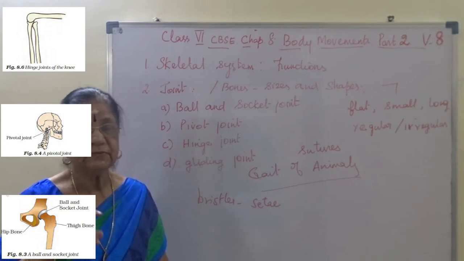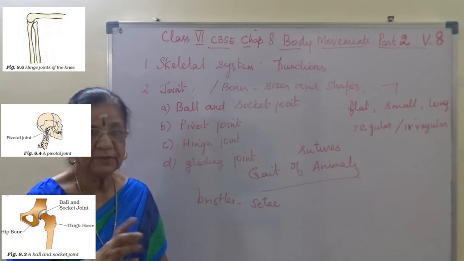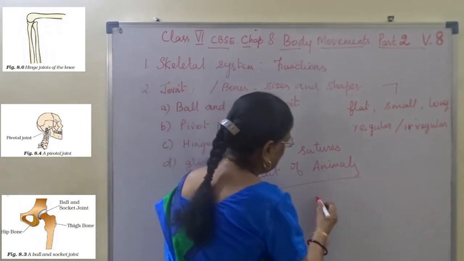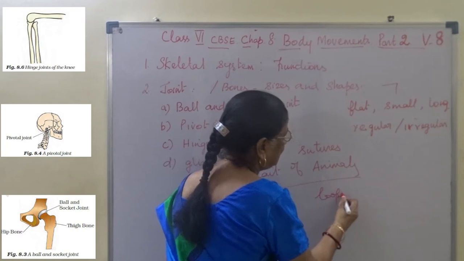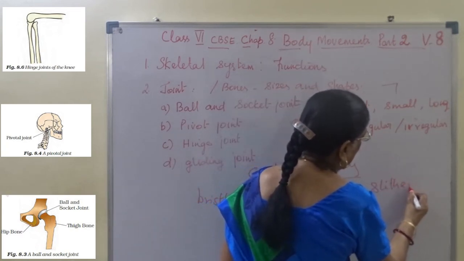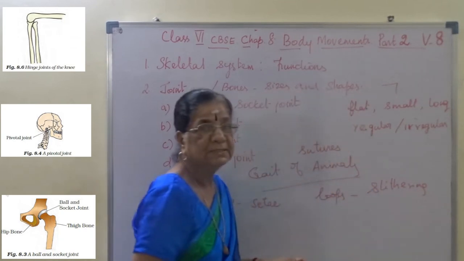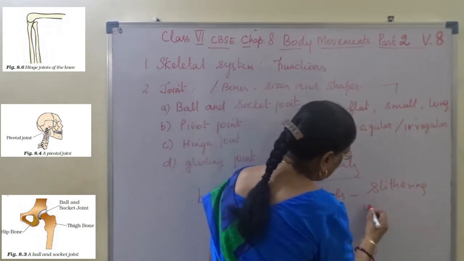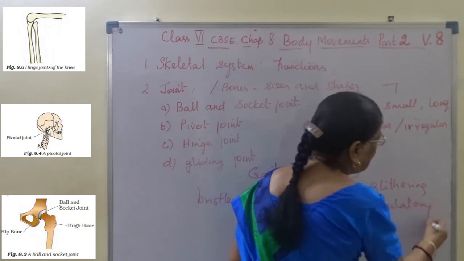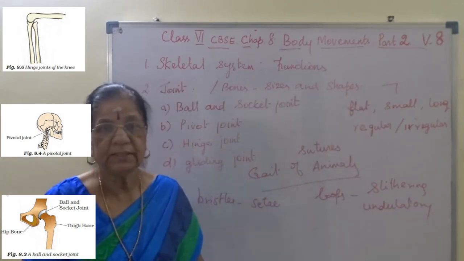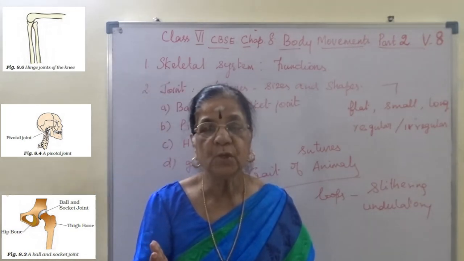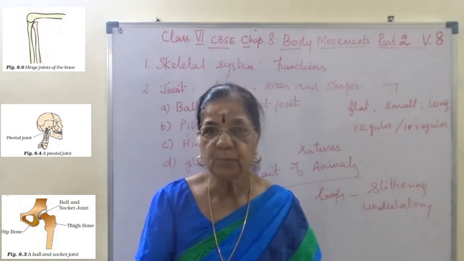And snakes will make loops, moves with the help of loops. That is called slithering. The movement of snake is called slithering or undulatory movement. Undulatory movement, right? And then last one, the birds will move with the help of feathers, and the body is